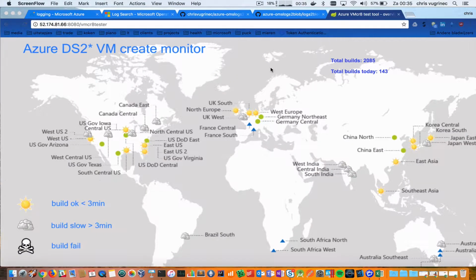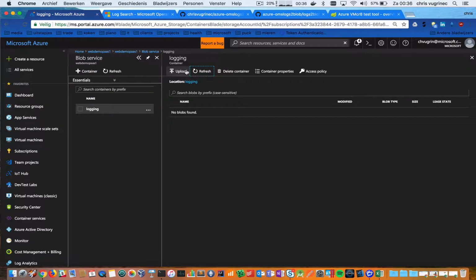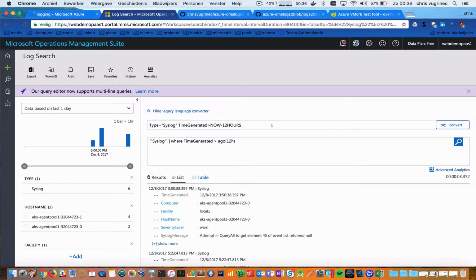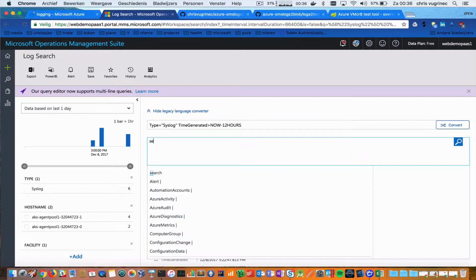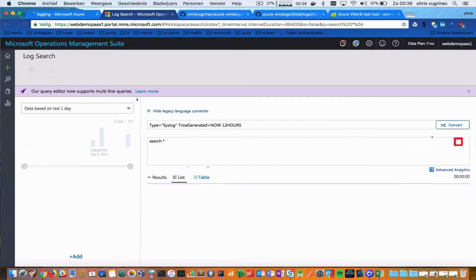Hi everyone. In my last demo I created an application on Kubernetes and I persisted my logging with an application called Papertrail, and you could see my logging in LogAnalytics. So a cool thing is I showed you LogAnalytics. I can query my logging by doing cool things like search. I'm going all over my logging,